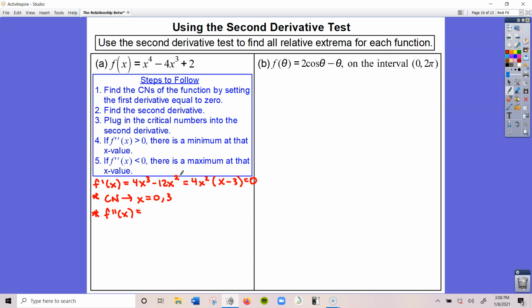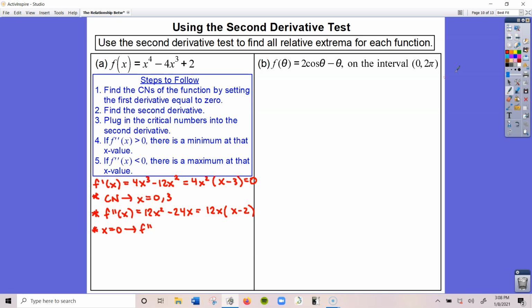Here is my first. So my second derivative would be 12x squared minus 24x, which I can factor, so that way it's just a little bit easier when I plug in numbers. I can factor out a 12x, and I would have x minus 2. Now I'm going to go ahead and plug in x is equal to 0 and x is equal to 3. So when x is equal to 0,